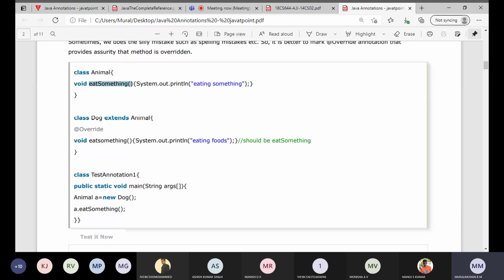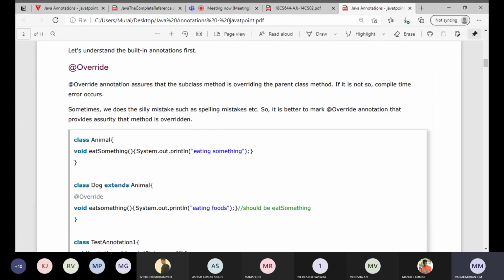In the subclass, the same method we are overriding, eating foods. You can see the same method is there, and here also the same method. This @Override ensures that the method will be overridden in the subclass.